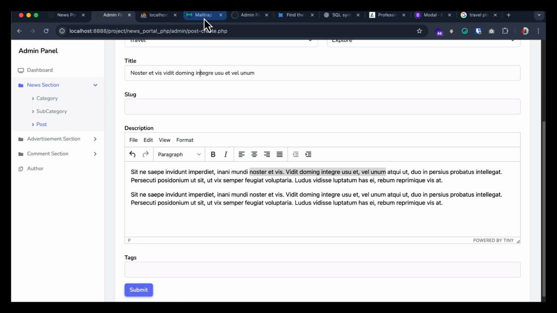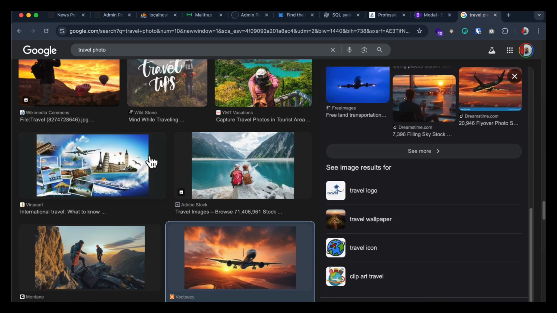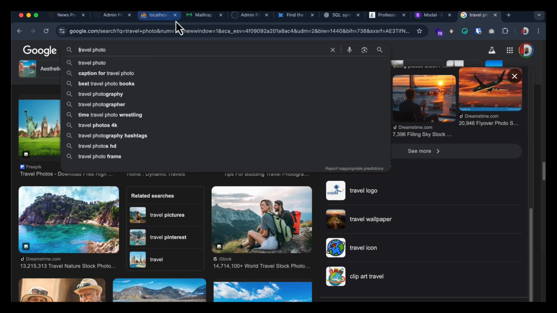And here I am going to use this as a slug. So here the slug will be like this, the slug will be like this. Okay, so travel explore. Now another photo I will need, travel, main travel photo